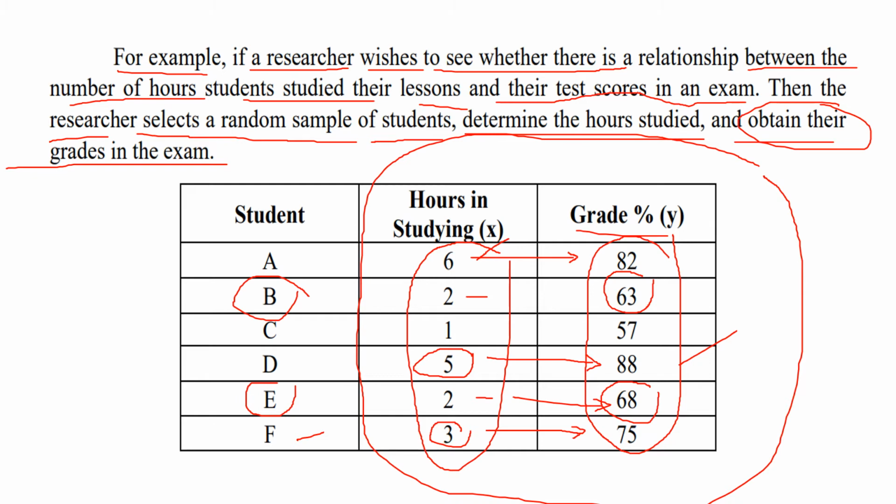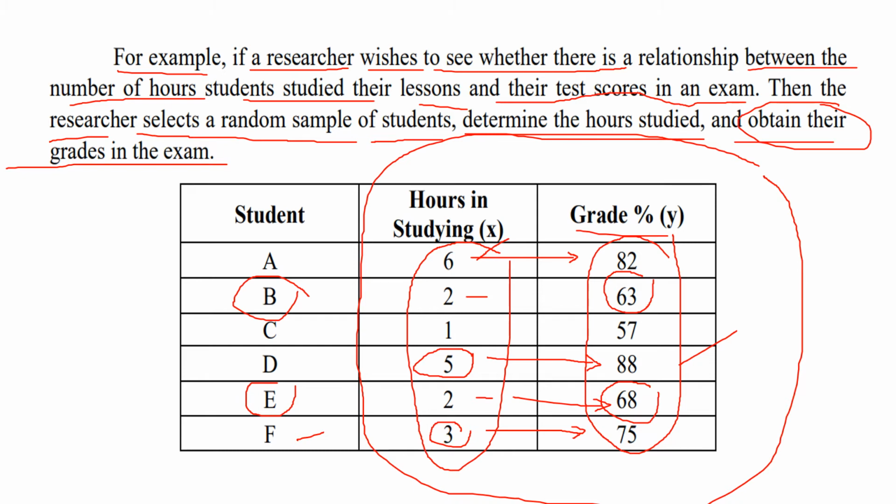But based on the table, we cannot predict the sequence of the number of hours and the grades. There are different variations of grade and different variations of number of hours studying,